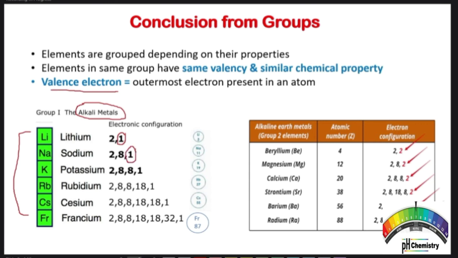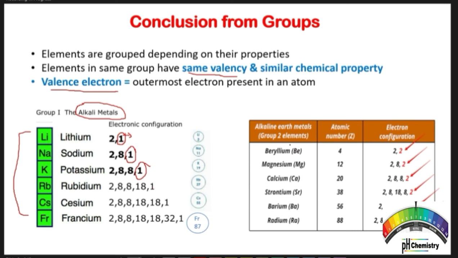In sodium, the last electron is always the valence electron, and the last shell is the valence shell. Valency is the number of electrons lost or gained by the particular element. Okay. So here you can see all these are the alkali metals. These are present in group number 1, so they have valency 1. Here you can see the number of valence electrons is the same in all these elements. These are from group 1, so they have valency 1.